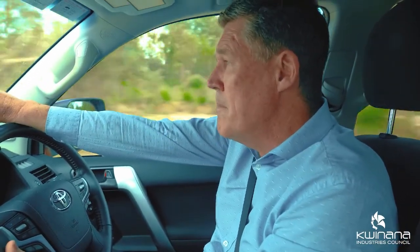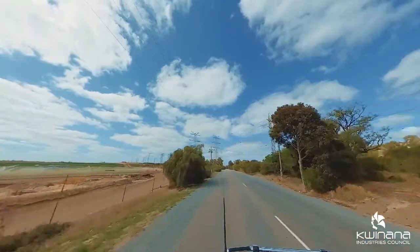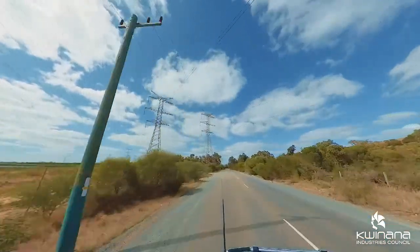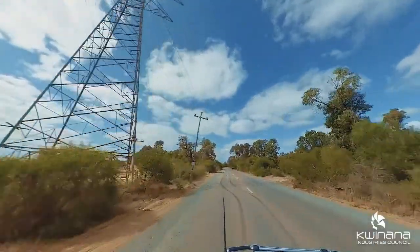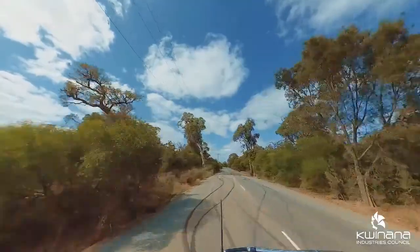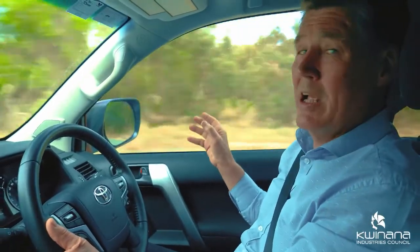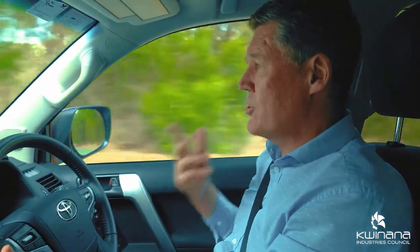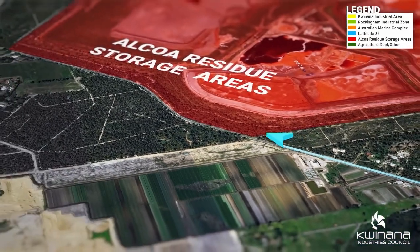Overhead, we've got massive electricity pylons, transmission lines. You can't build under that, and who'd want to live near it anyway? And then immediately on our right is the Alcoa residue storage area, the toe of the residue storage area. So it is a really constrained piece of ground. But there are 2 residential property developers that want to turn this into housing, and I reckon they've got rocks in